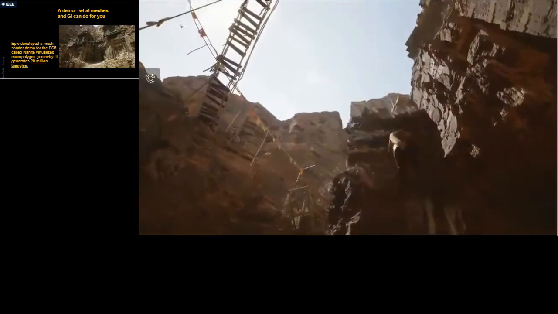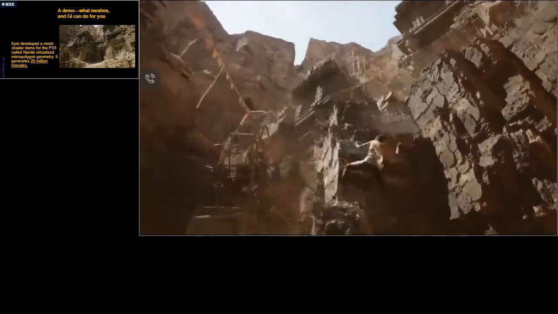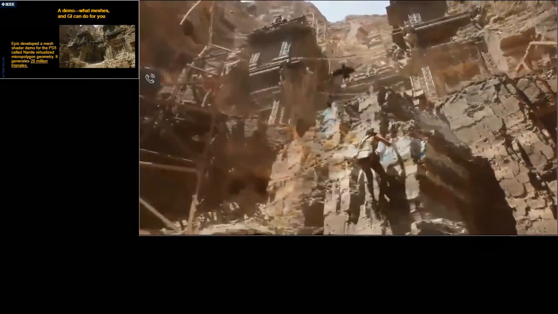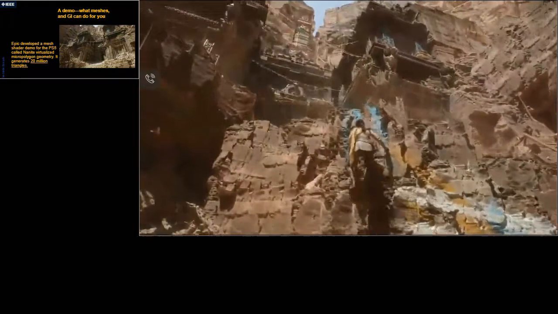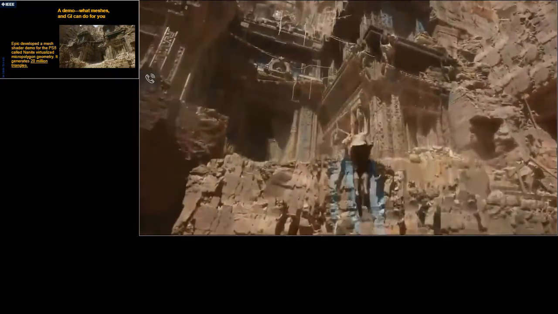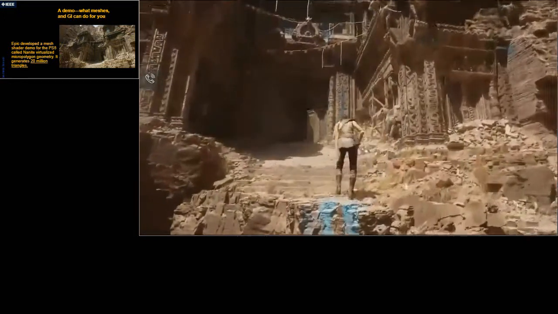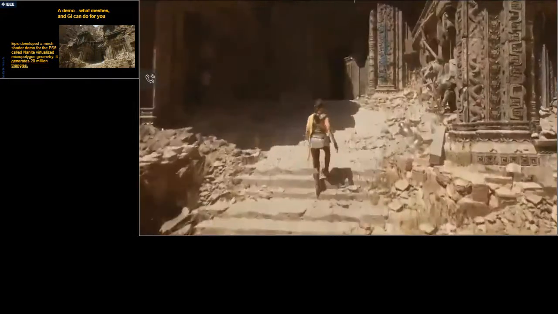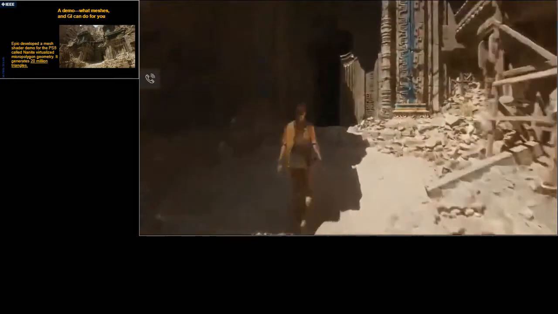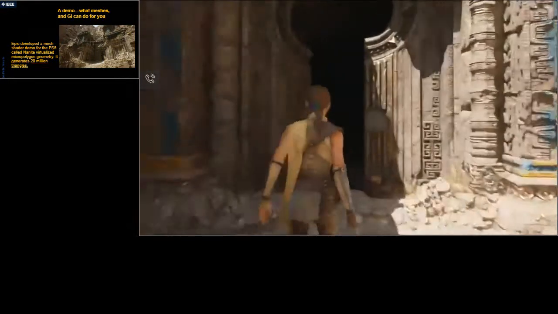Now that the environment is so complex, we've needed to greatly improve our animation systems to adapt. We've added predictive foot placement and motion warping, which dynamically modifies IK and body position to look more natural. For the character to more realistically interact with the environment, we've added the ability to trigger seamless contextual animation events, like her hand on the door.